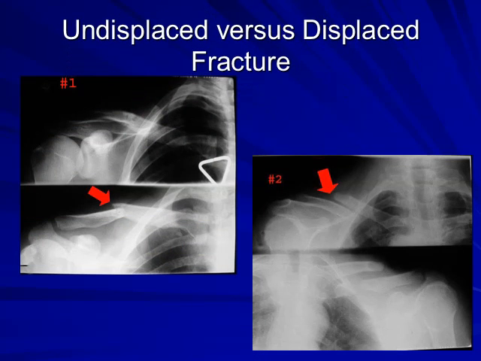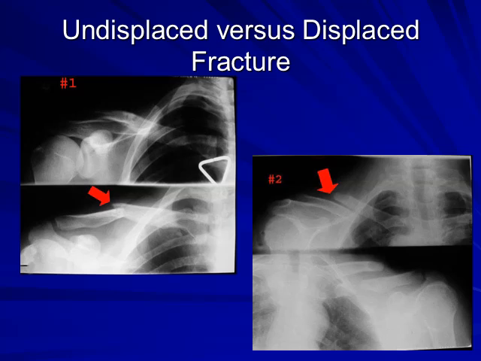Okay, so let's discuss undisplaced versus displaced with actual slides of radiographs. On the left, we're talking about an undisplaced fracture. If you look at the bottom side with the red arrow on the left, you'll see the actual fracture line and the two ends up against one another. And then if you look at the top slide where it says number 1, this is after they were able to reduce it,